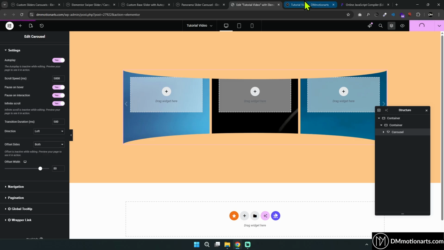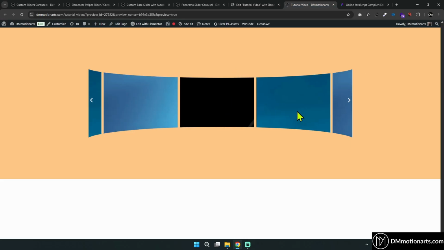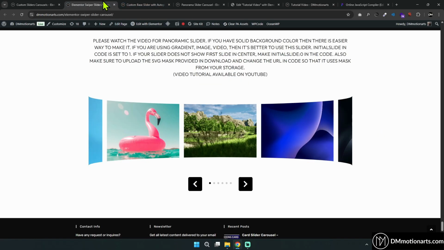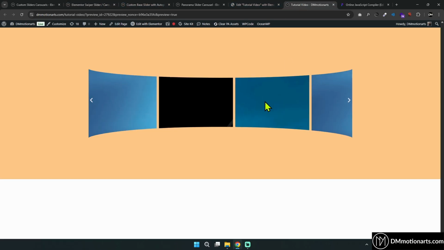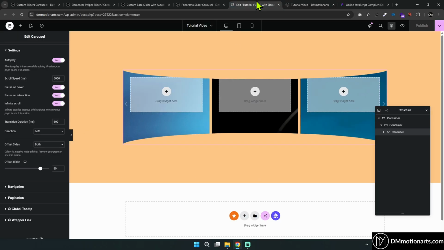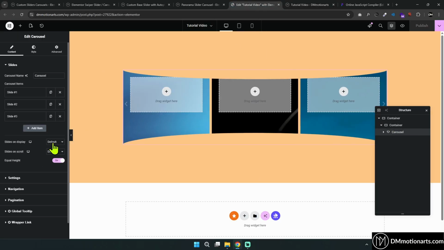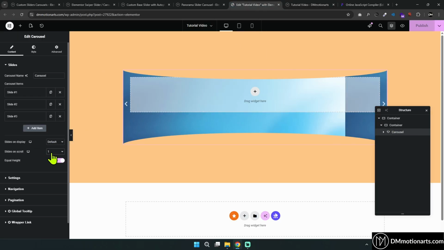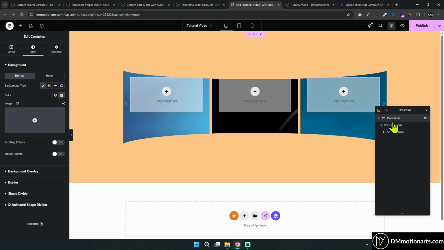If I do preview now, you can see this is how it looks. It's the same effect as this one, done pretty quickly like this. Looks nice, curved and all. Again, make this carousel have slides on scroll only one, else it would move too much. Okay, but this is where it fails, where if I go to this container